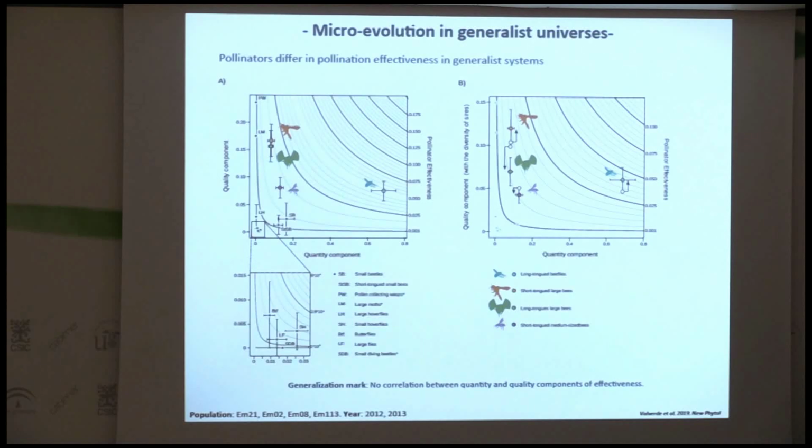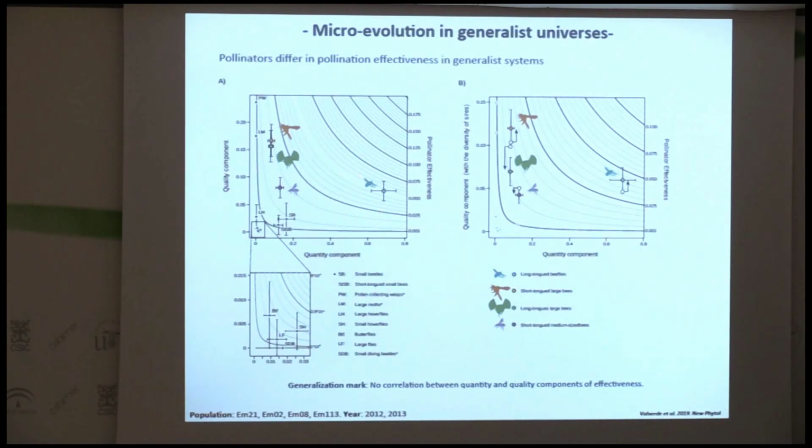Well, the first thing we need to understand is that in a generalist system, different pollinator groups, functional groups, differ in effectiveness, using the effectiveness framework of quantity, that is, the frequency of interaction of a given pollinator with the plant, and a quality component, that being the proportion of seeds produced per single visit, or any other way of accounting for quality. Well, we see that different groups of pollinators